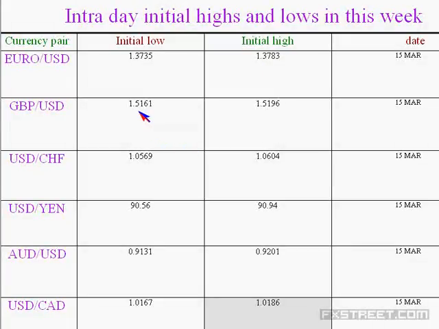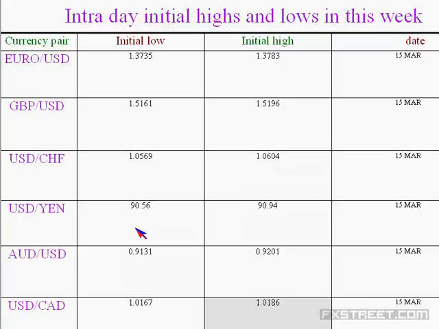And in the case of GBP, 1.5161 is the low and they breached the low, 1.5154 is the new low, and 1.5196 is the high. They are expected to breach the high during the European session. Then in the case of CHF, 1.0569 is the low and which is intact. 1.0604 was the initial high. They formed a new high,